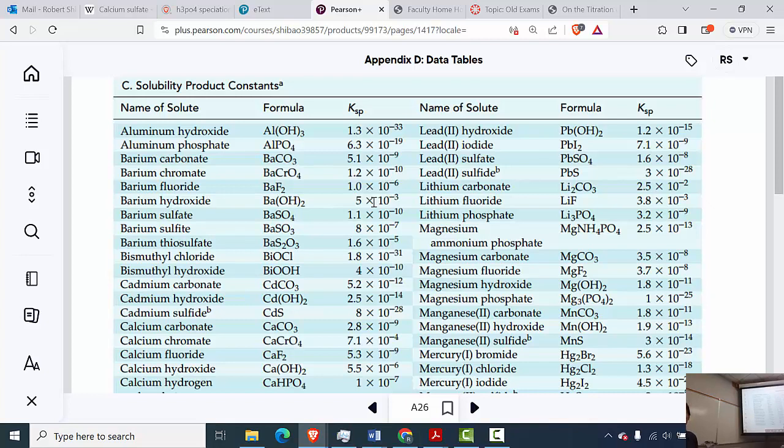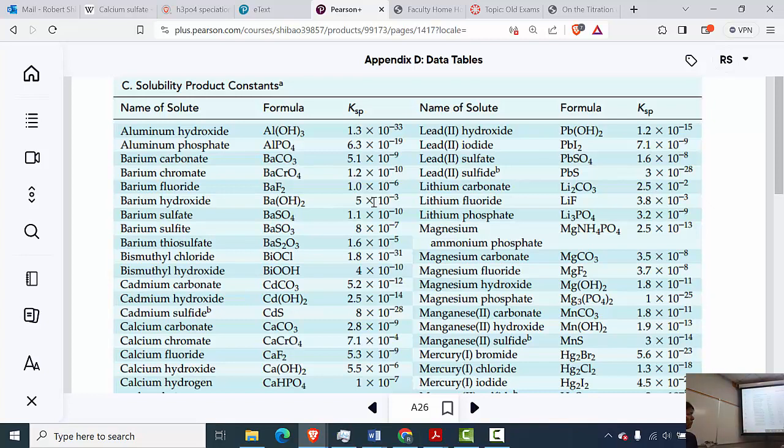You would typically say the one with a bigger KSP is more soluble. However, you can't say that in this case because magnesium carbonate breaks up into 2 ions. And if it breaks up into 2 ions, then the solubility is equal to the square root of the KSP. Magnesium fluoride breaks up into 3 ions, and therefore the solubility is equal to the cube root of KSP divided by 4. So it turns out that even though magnesium fluoride,